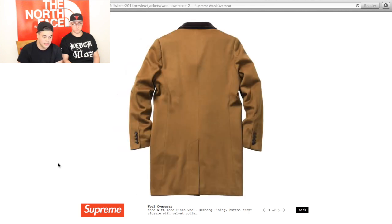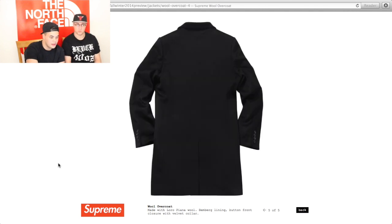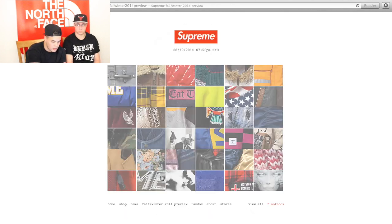Just minimal detailing, but the stitching looks beautiful. And then down the bottom of the middle there, it has that splitting, so you know that this coat's going to be really comfortable when you wear it out. Alright, and then you can see we've got the black colorway as well, with what looks like a maroon interior. And then the back of the black. Alright, so that's the first outer piece I picked, and then I'll go ahead and show you the last one